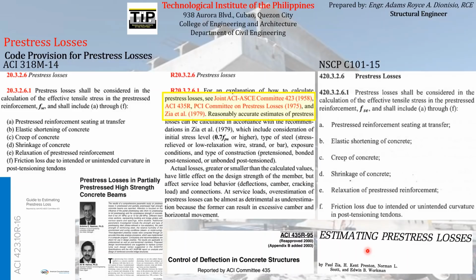So if you want to compute the estimated magnitudes of the prestress losses, you can expect different magnitudes depending on which reference you are using. Because again, these documents have different methods of computing the estimated magnitude of the prestress losses due to the factors mentioned in the code.